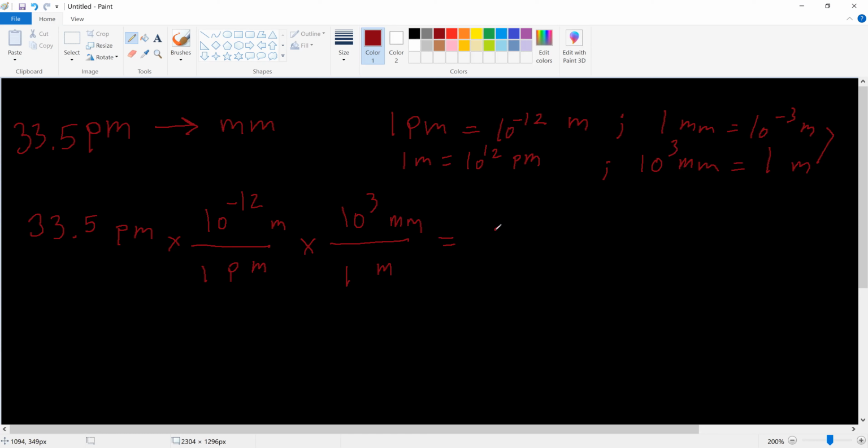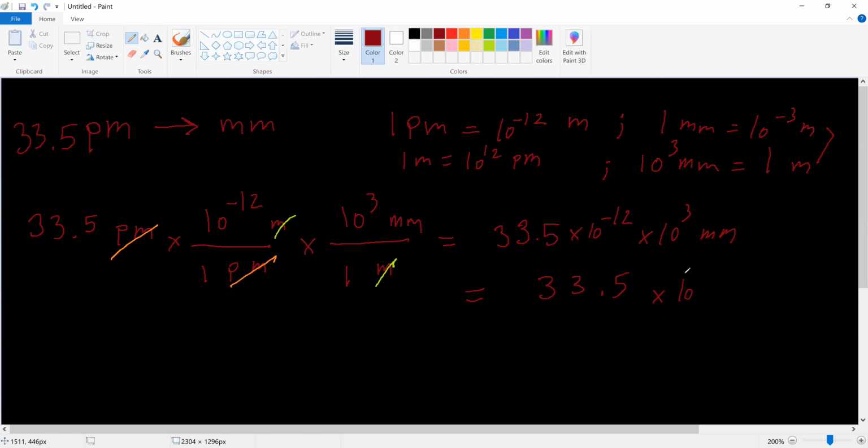In the end, after canceling out units, which I always forget to do, we're going to get rid of the picometers with this picometers, and we're also going to get rid of this meter with this meter. So we're left in, as you guessed it, folks, millimeters. Therefore, we're going to have 33.5 times 10 to the negative 12 times 10 to the 3 millimeters. Or if you put this in your calculator, like I definitely recommend, you're going to find 33.5 times